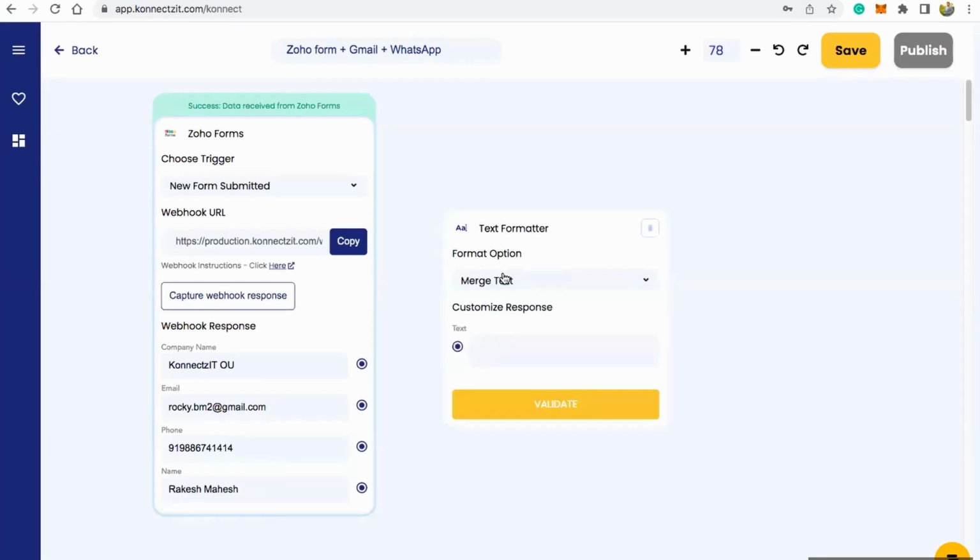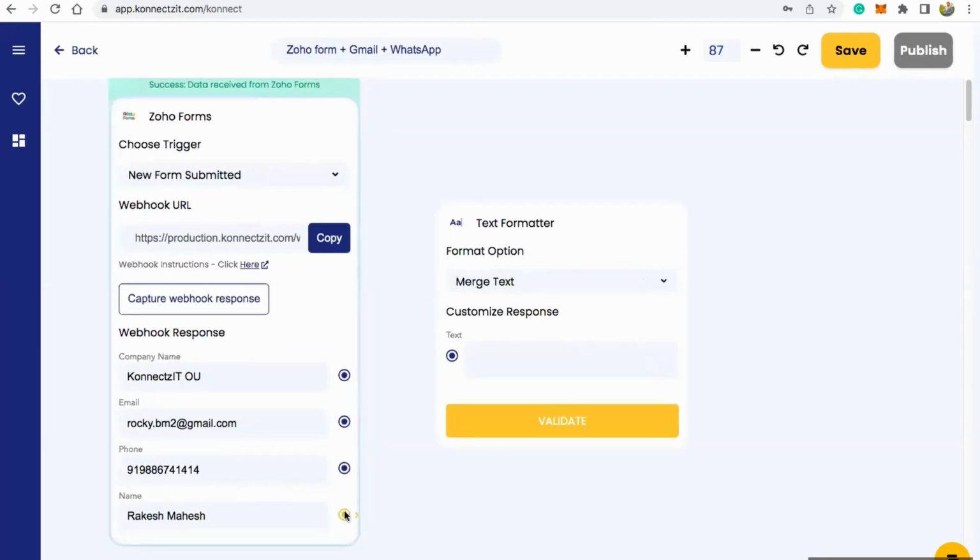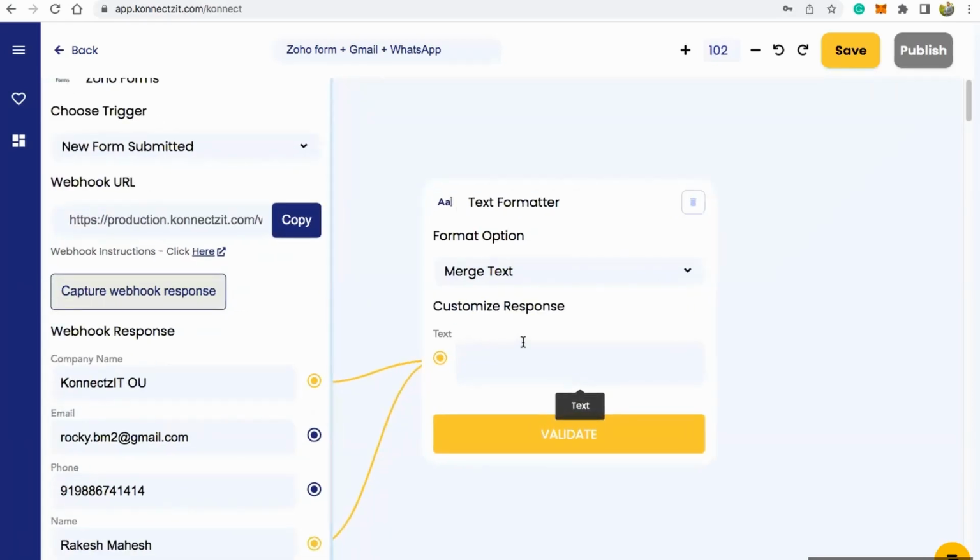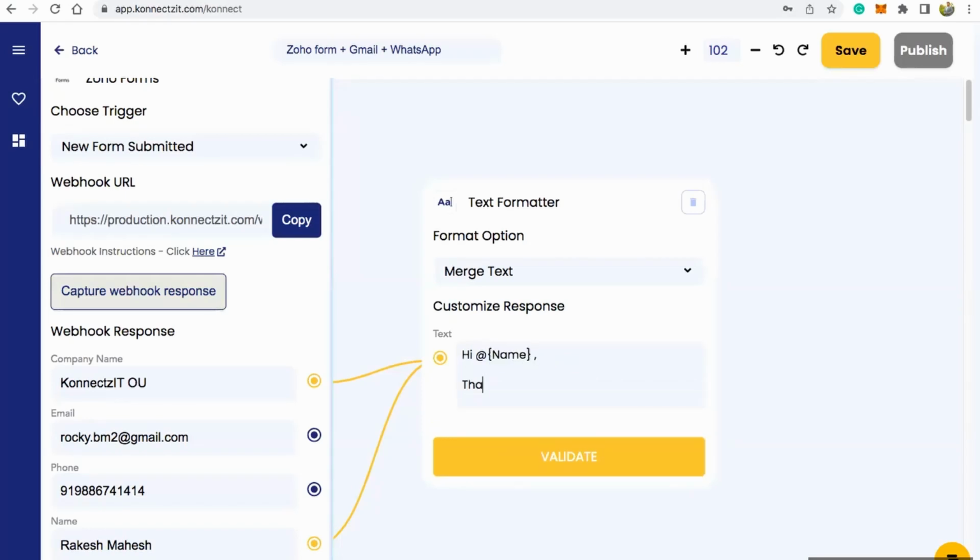For this, I just select the merge text option and connect between the nodes. That's it. And I'm just doing these things and start writing my email. You just have to click on type and click on @. When you click on @, it will display the name columns which you connected over here. Even that is easy peasy. So just select whichever you want to type and then say thanks for choosing